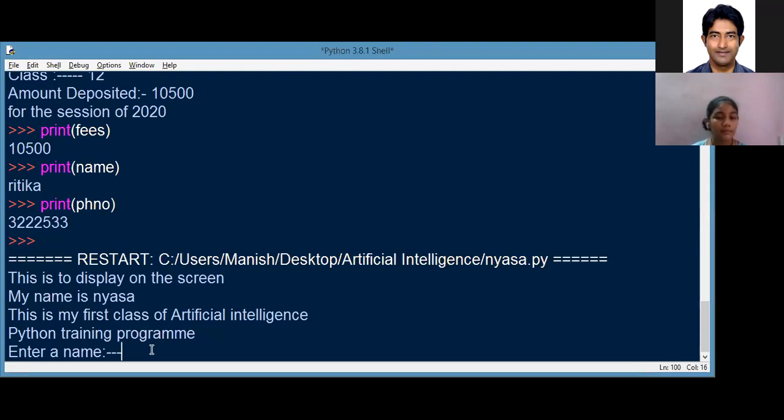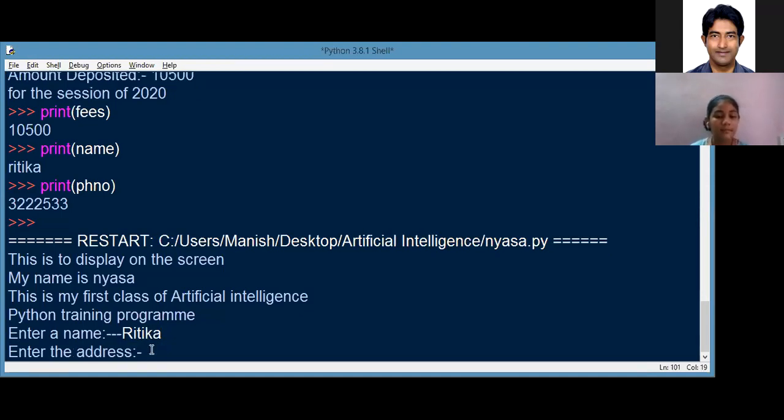Enter a name. Name. Tell me the name. Sir, you can use any name. You give any name. Sir, Ritika. Is it the right spelling? Yes, sir. It will be stored in which variable? Sir, it is name.